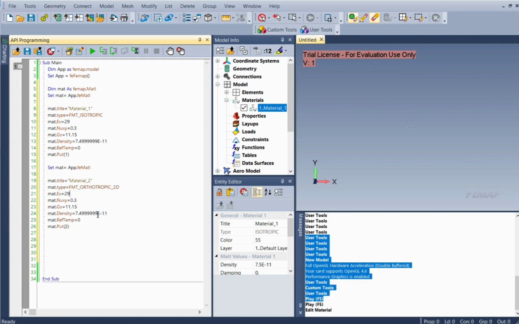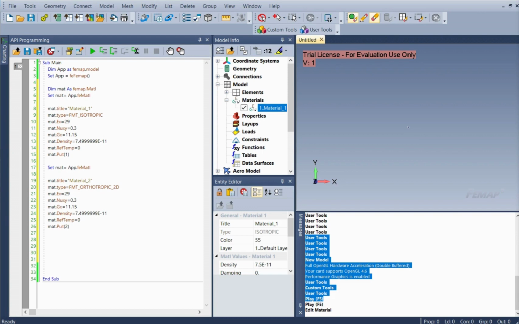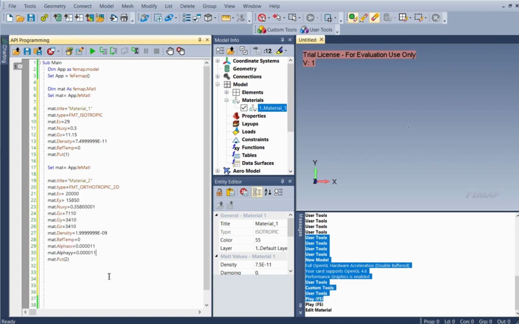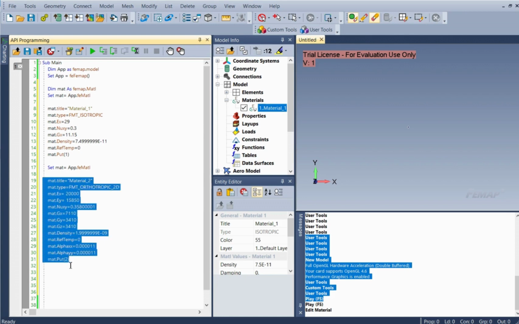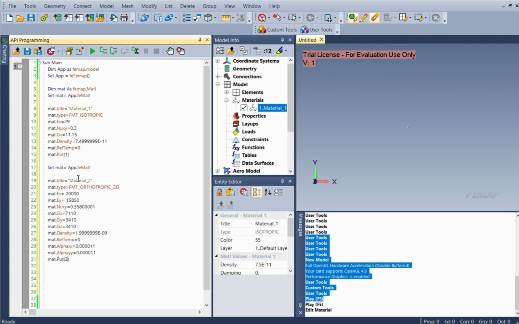I have some values here. I'll just copy paste them for the example. So here, all these, and we assign this material to the ID number 2. Here it's essential to put this one. So basically what it will do is reset the variable, because if you forget to put this line, it will overwrite it. It will overwrite what you created here,